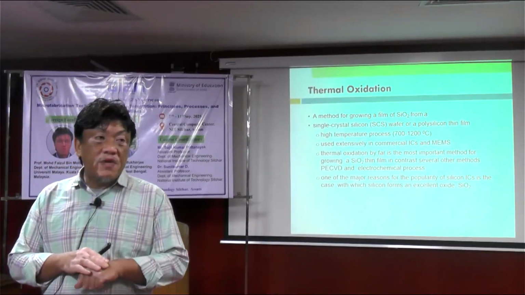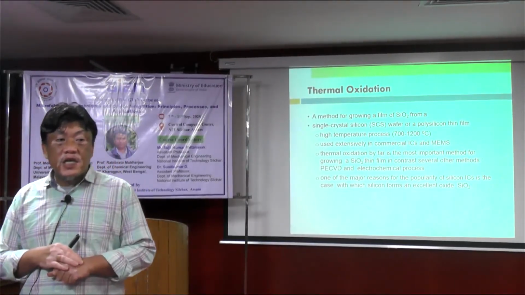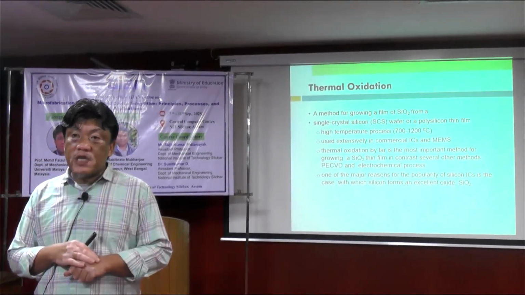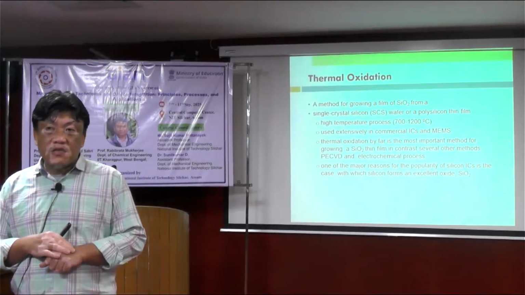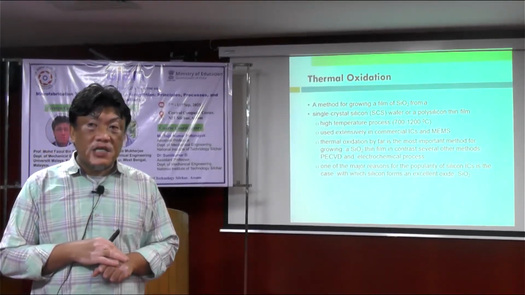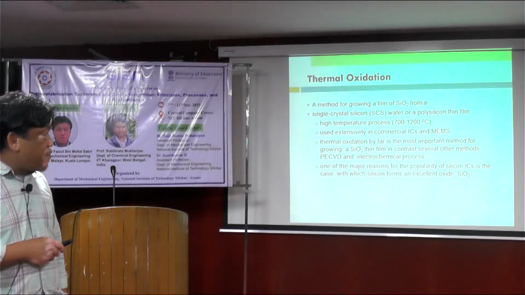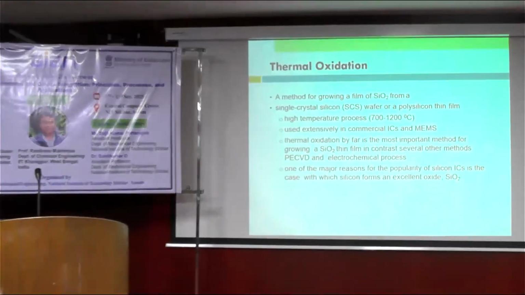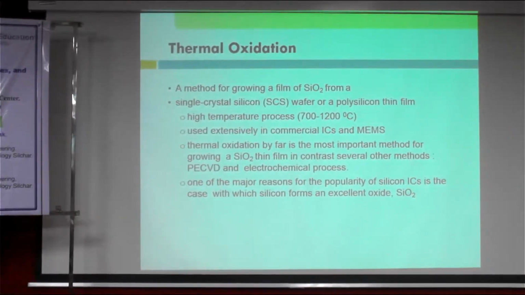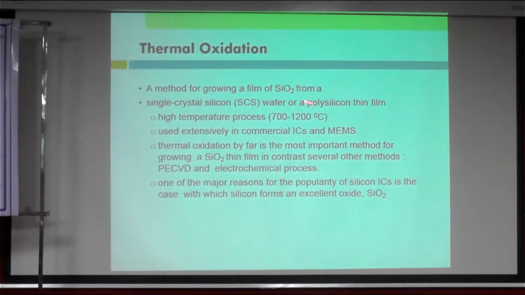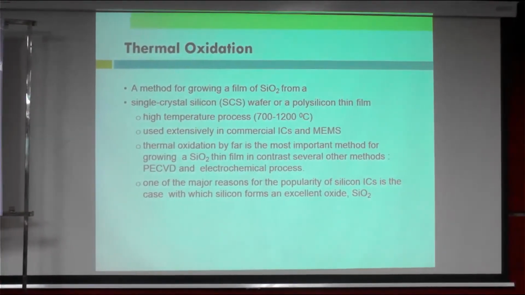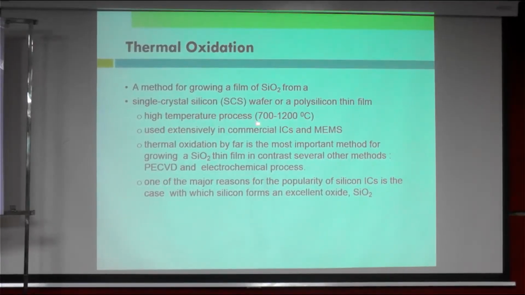Then normally we will have a non-conducting layer, which acts as an insulator. Silicon dioxide is an insulation material, so it can be deposited or grown on the silicon substrate easily with this kind of control. It is a high temperature process, 700 to 1000 degrees Celsius, depending on the process. We have different processes basically,